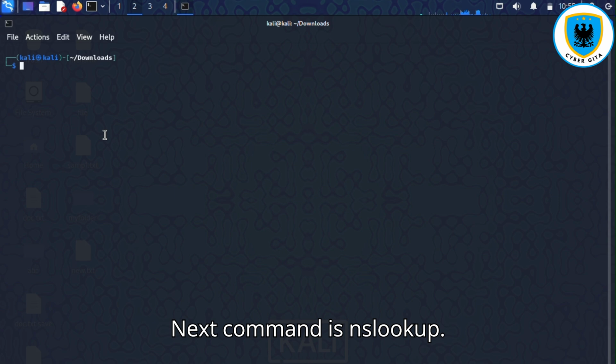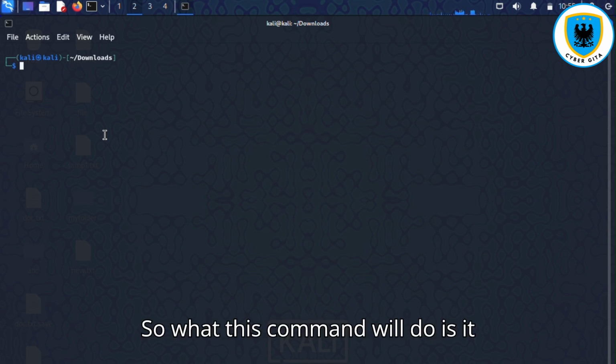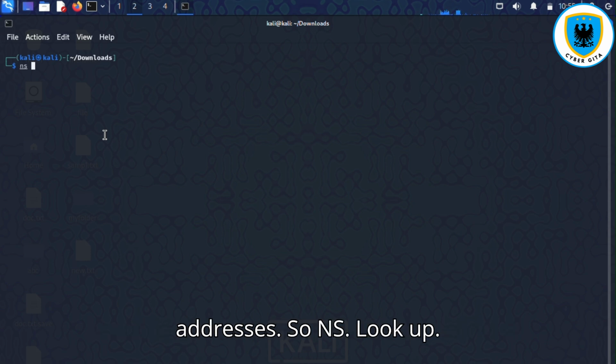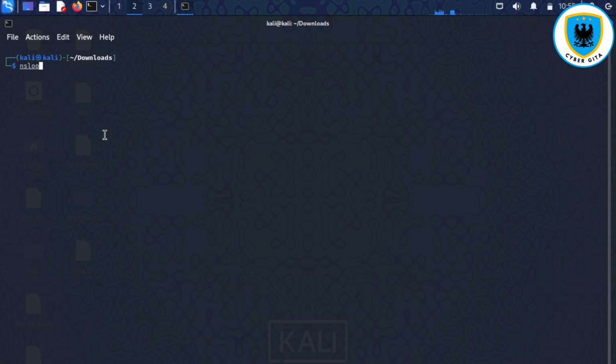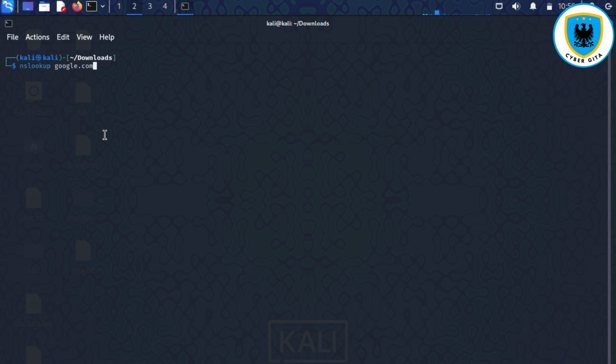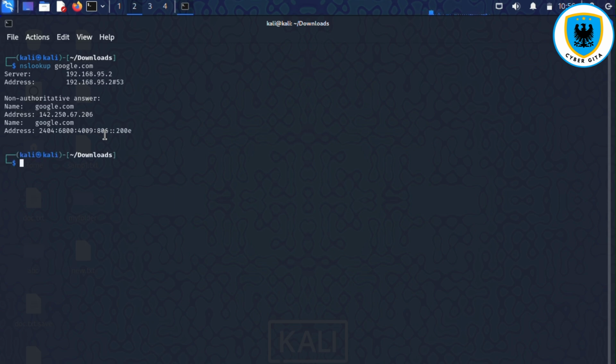Next command is nslookup. This command queries DNS to resolve domain names to IP addresses. So nslookup, let's try it again with google.com.